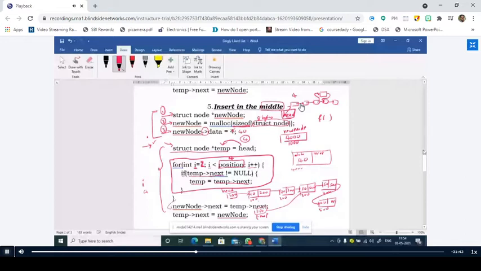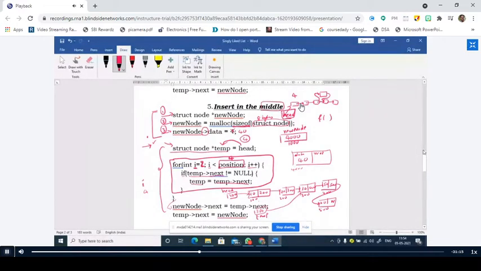Yes, sir. For example, I have taken the value of I is equal to 1, and if I am using this condition, then it is moving 4 positions, right? So I have to move only 3 positions. That means I have to reduce 1 iteration. So what I have done is I have initialized the value of I is equal to 2 such that it will iterate for only 3 positions.